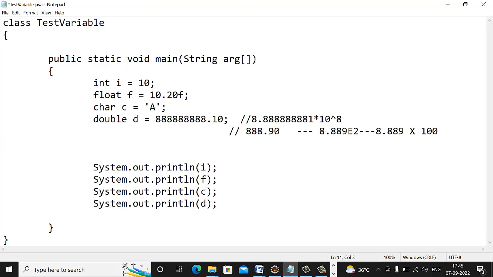Now declare another variable of data type long. L is the variable name. Here you can store large value because size of the long is 8 byte. You can store integer value in it. If there is a requirement to store large value, take the long as a data type. Print this variable.